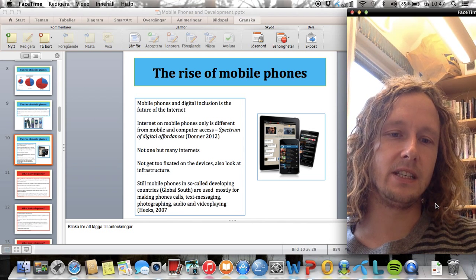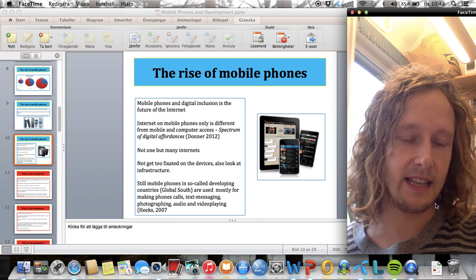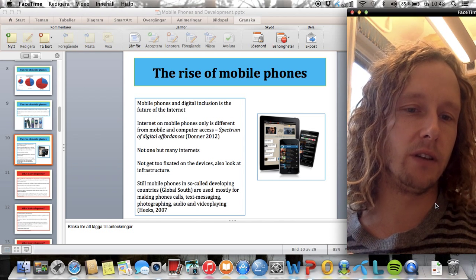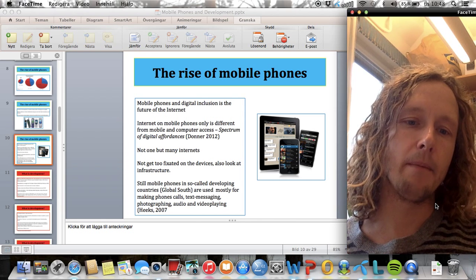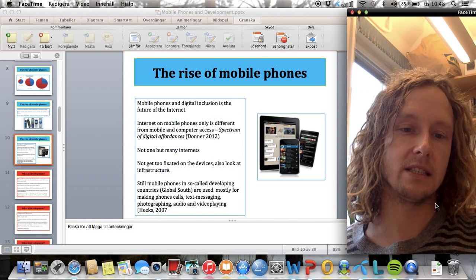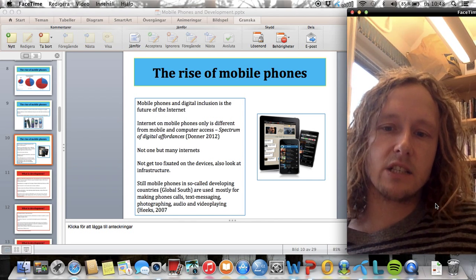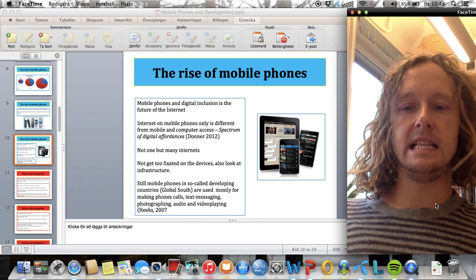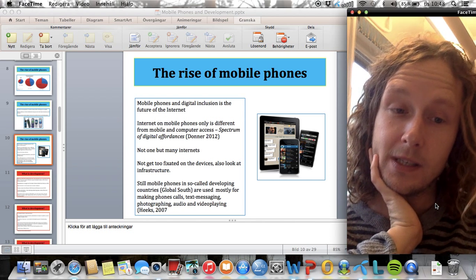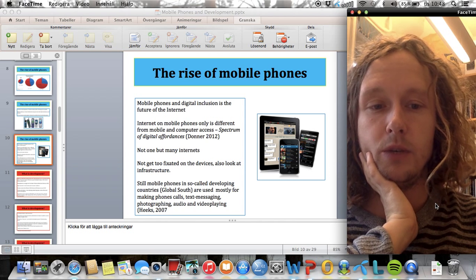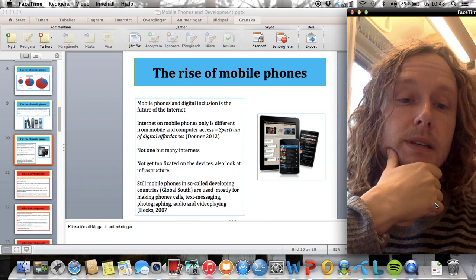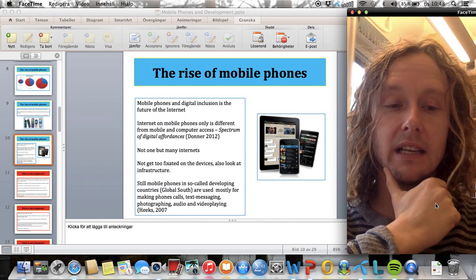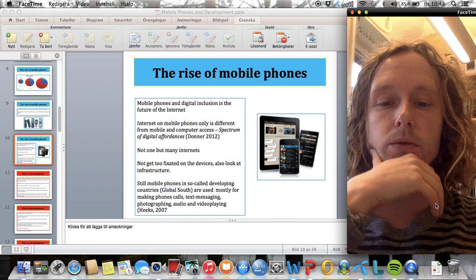He talks about the spectrum of digital affordances. People in the West who have internet everywhere, on their laptops, in their phones, etc., can do much more, and there is a whole other level of affordances with the internet compared to people in the global south who maybe only have access on a small mobile phone with small interfaces. So we need to be aware of that, and of course they claim then that there is not one internet but many internets. At the same time, he also says that we should not get too fixated on the devices. We should also look at the infrastructure, and as everyone who has been in the global south or in Africa or in India knows, electricity is random, it comes and goes. So